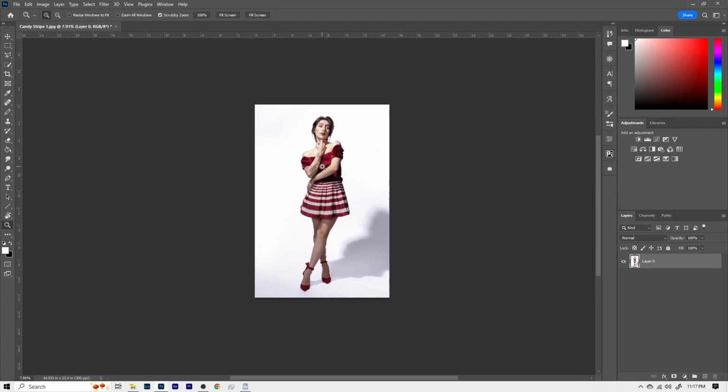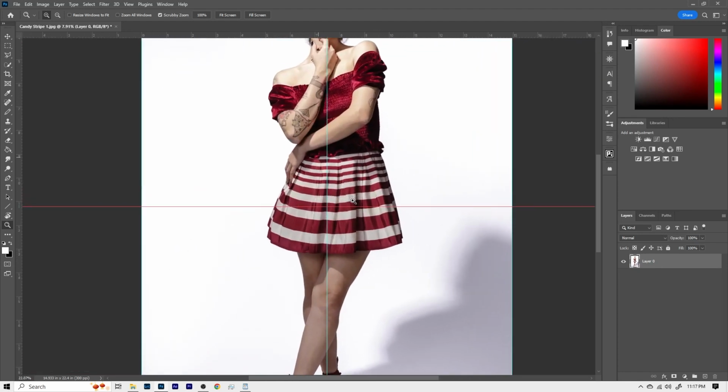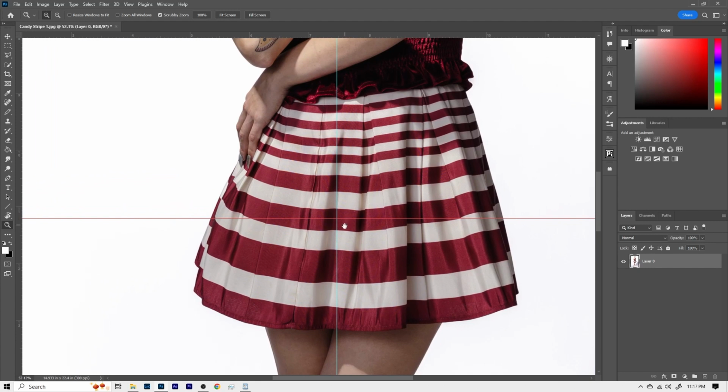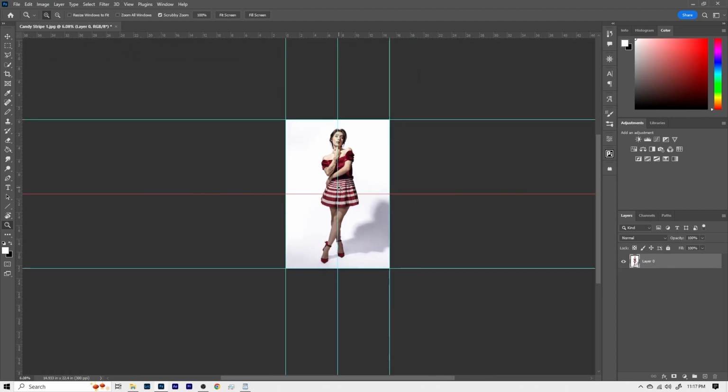All right, so I got some guides drawn in here. And what we know is this is center frame, and this is where the camera is pointing. And it's also the horizon if the camera is level. But we can't tell if the camera is level or not.